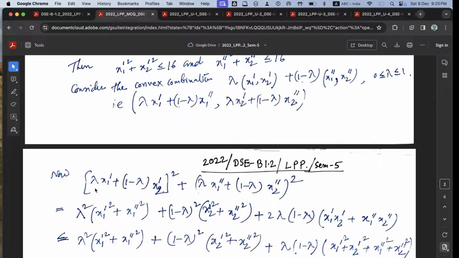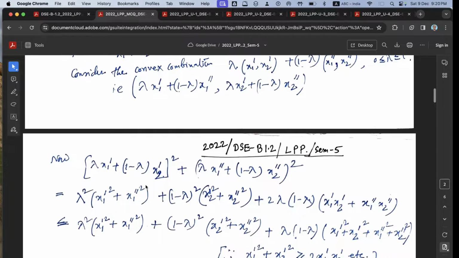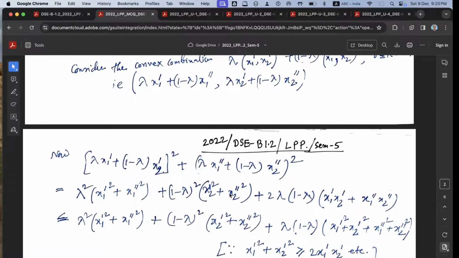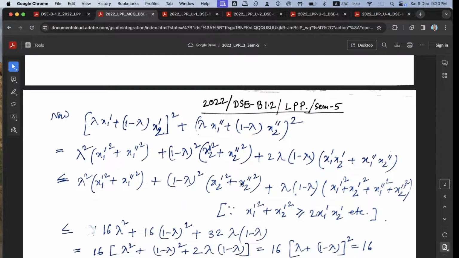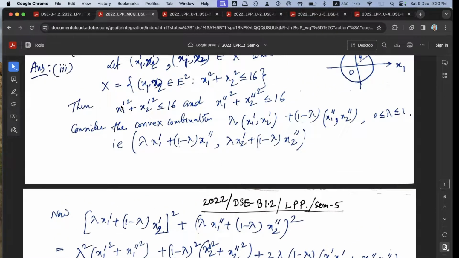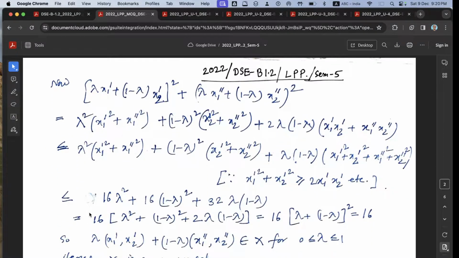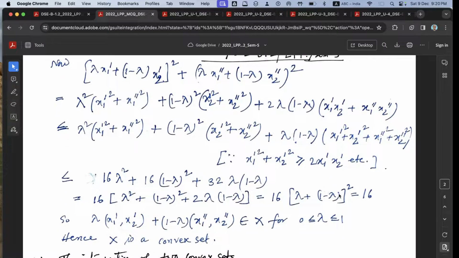We get the sum of squares of the first and second components, and we use here that x1' square plus x2' square is less than or equal to 16, and x1'' square plus x2'' square is less than or equal to 16,